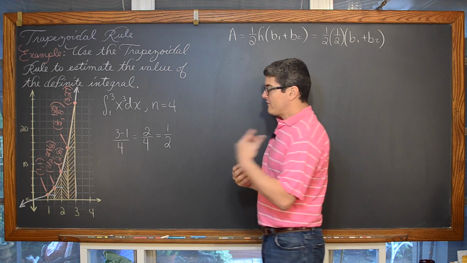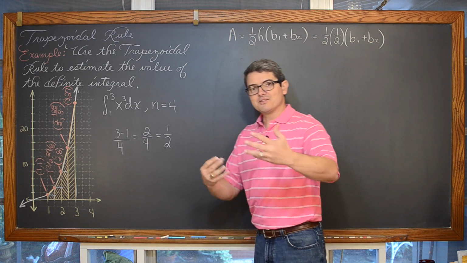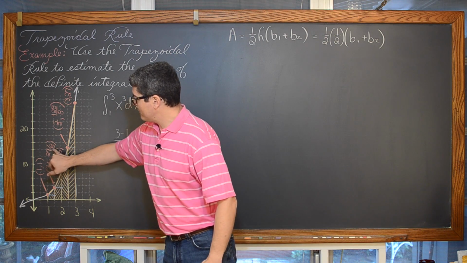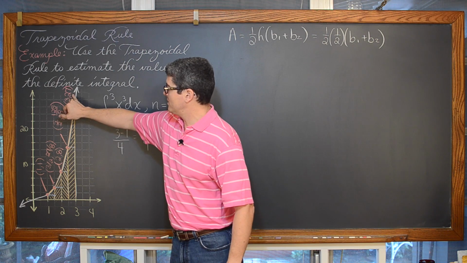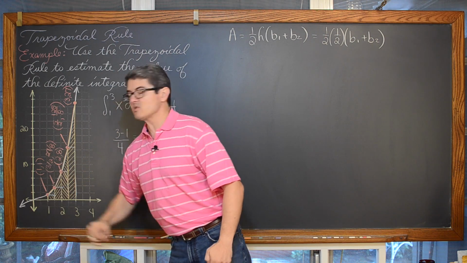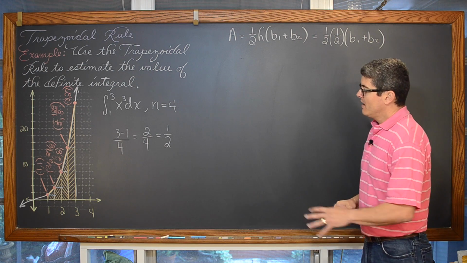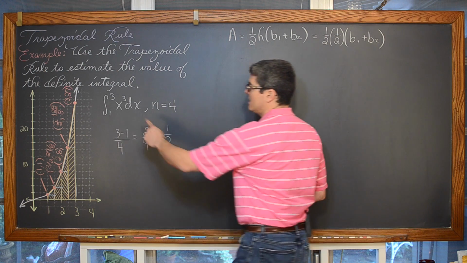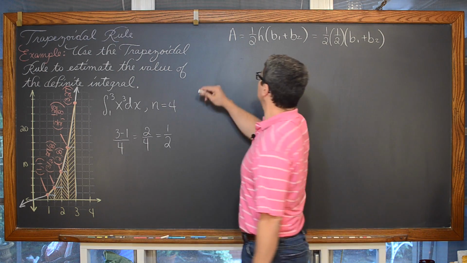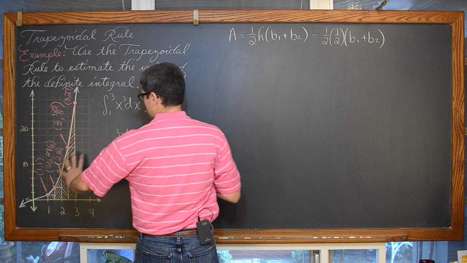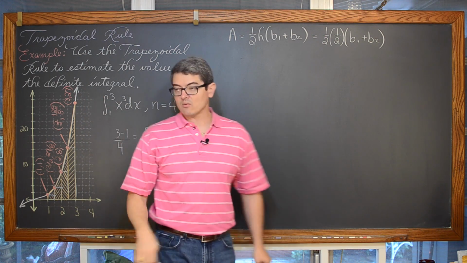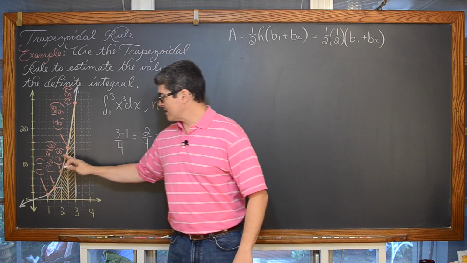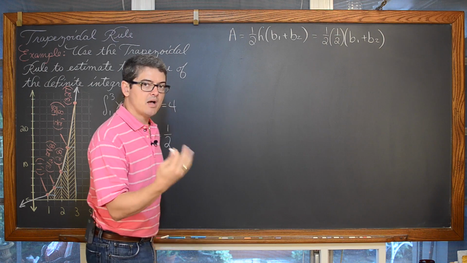So I've already set up this diagram because I didn't want to freehand that in front of you and make it a little bit sloppy and take up some time, but I'm letting the values of the function y equals x cubed determine the lengths of those bases. And with all that information in the table, we can estimate this definite integral with 4 trapezoids. The area of these trapezoids added together, and really this definite integral can be an area because the function is above the x-axis, giving us all those positive sums that we are adding.